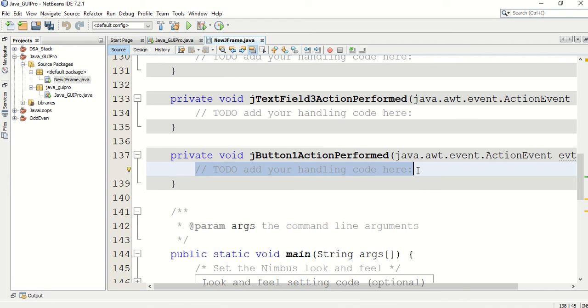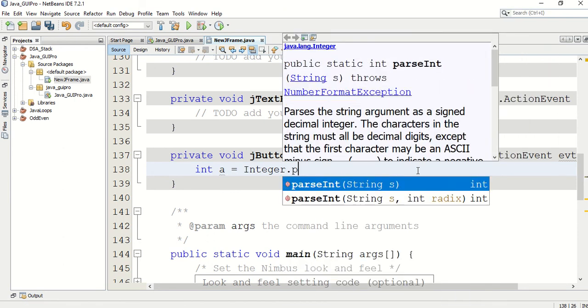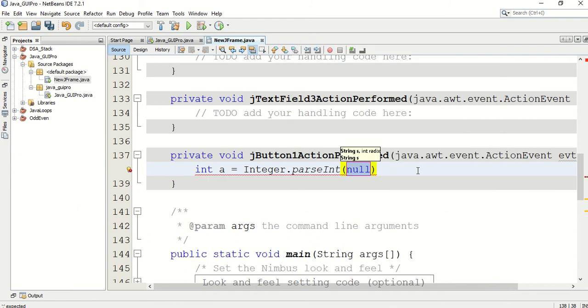Initially I am going to create an integer variable a. It is going to get that value using Integer.parseInt. Normally in a Java program, when we get the value from the text field, it is a string. So I want to convert that to an integer, and then store it in the variable a.